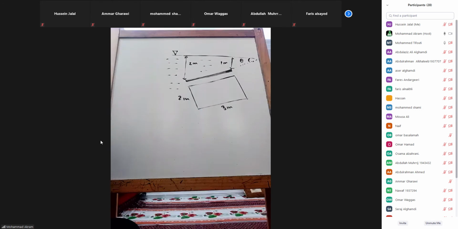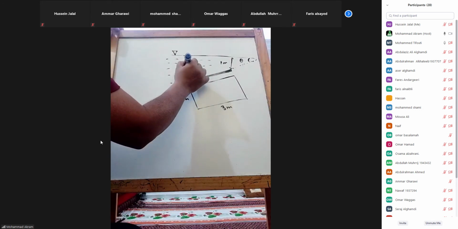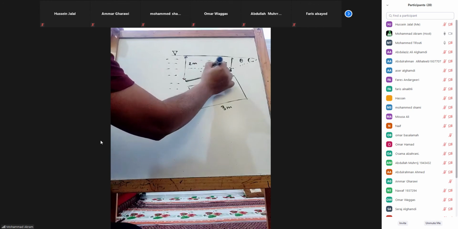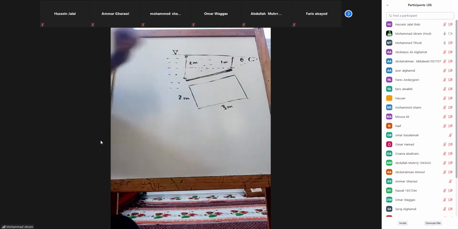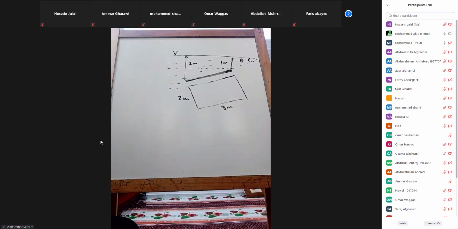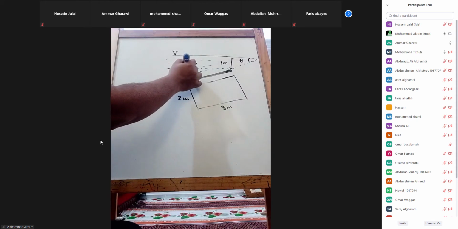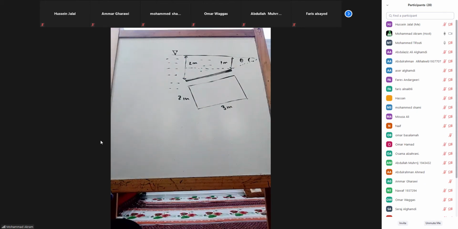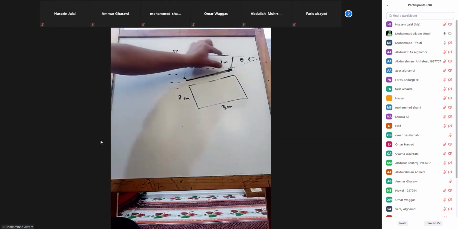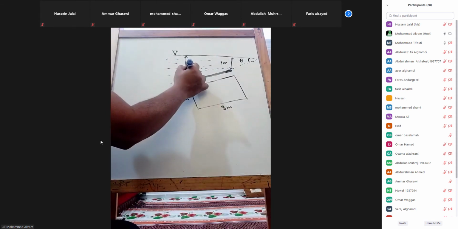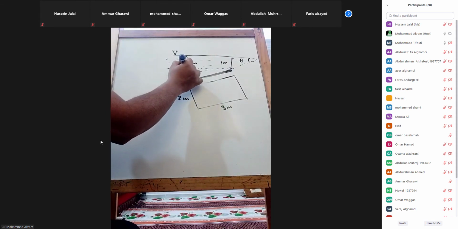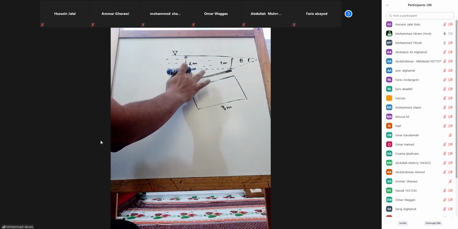So for that, what you do, you will make a small line here. Okay. Now, can you tell me this height? It's 1. How you calculated? This is 2, right? Minus 1, right? So this will remain. This is 1 meter. Am I right? This is 1 meter. Is that clear?